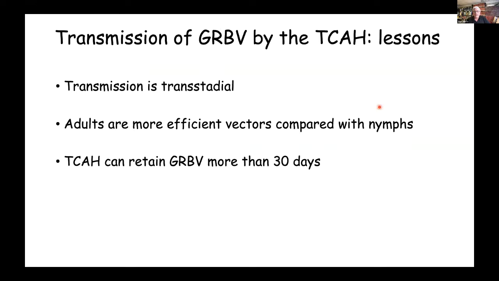So what have we learned? Transmission is transstadial. What we also documented is adults are more efficient vectors compared to nymphs. This is contrary to what is happening with mealybugs and leaf roll. And what we also learned is once an adult has acquired the virus, he can retain it for more than